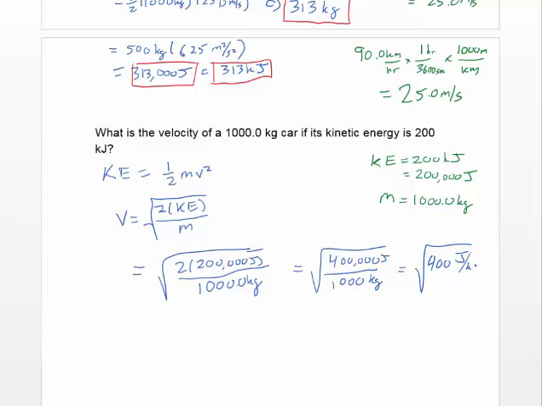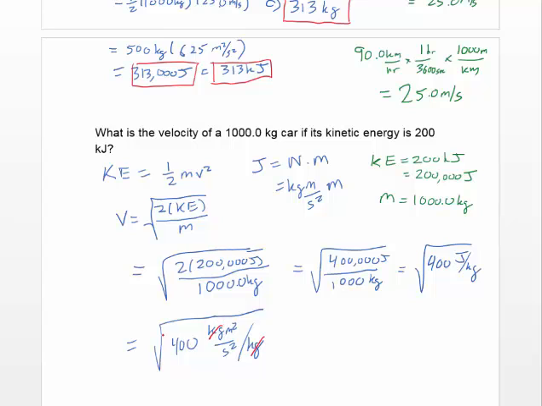joules per kilogram. Well, let's take an aside here and look at our units. A joule is a Newton meter, which is a kilogram meter per second squared times meter. So if we take that in here, we would have that our answer is 400. And let's look at our units. And again, it's always important to do that. It's 400 kilogram meters squared per second squared divided by kilograms. So the kilograms are going to cancel there. And we're going to get 400 meters squared per second squared,